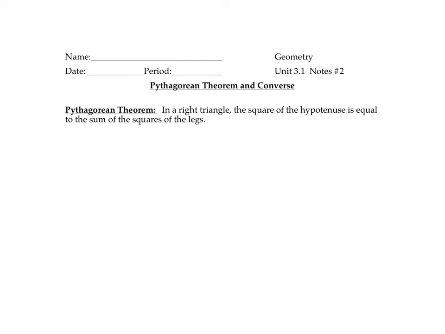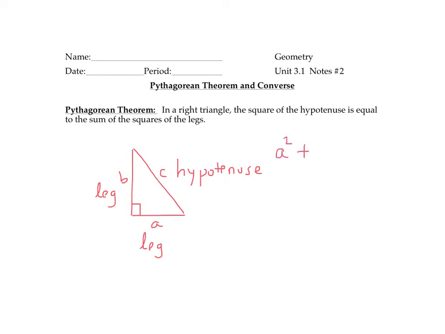In a right triangle, if we draw a quick right triangle here, we know that the two sides that make up the right angle are referred to as the legs, and the side opposite the right angle is called the hypotenuse. In the Pythagorean theorem, we're told that a squared plus b squared equals c squared. In other words, the sum of the squares of the lengths of the two legs is equal to the hypotenuse